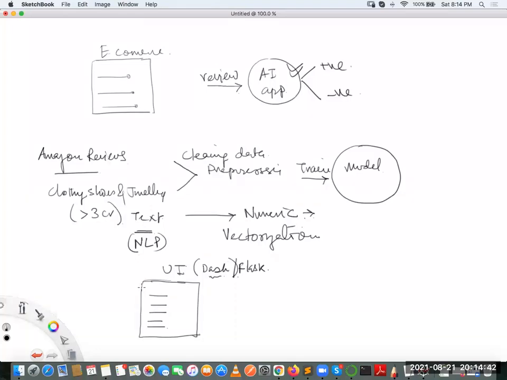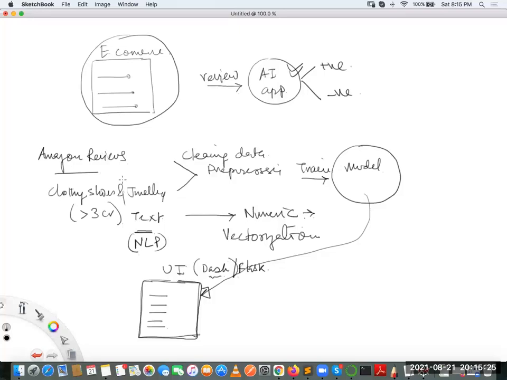Now, guys, this UI application needs 2 things to finally show the data to the client in the right format. This UI team needs 2 integrations. Now I'm talking about a term, integration. What is integration? This UI team will integrate this model into the application. Do you agree with this, guys? This UI team has to use this model. Then only through the application you can have access to the reviews which are written there on the e-commerce store.